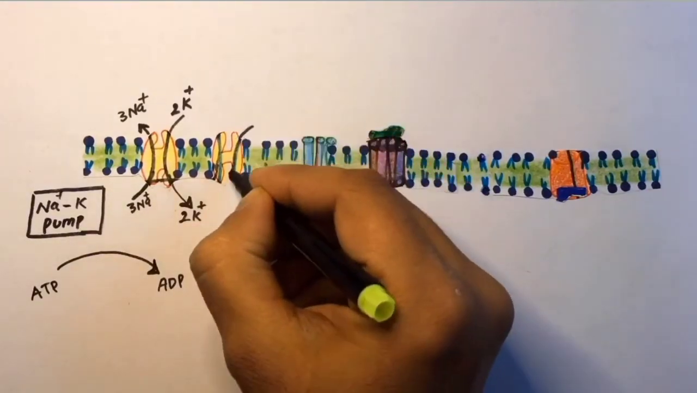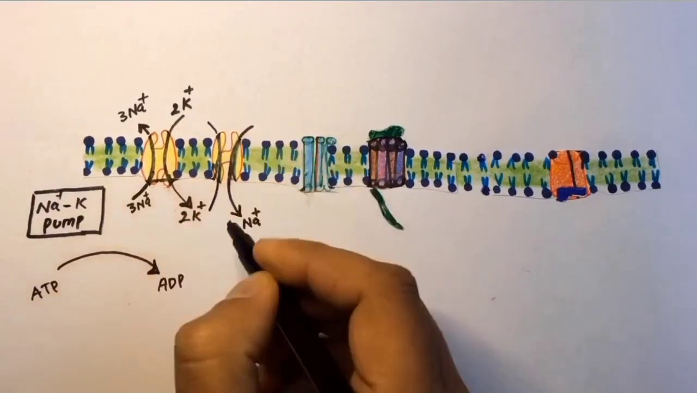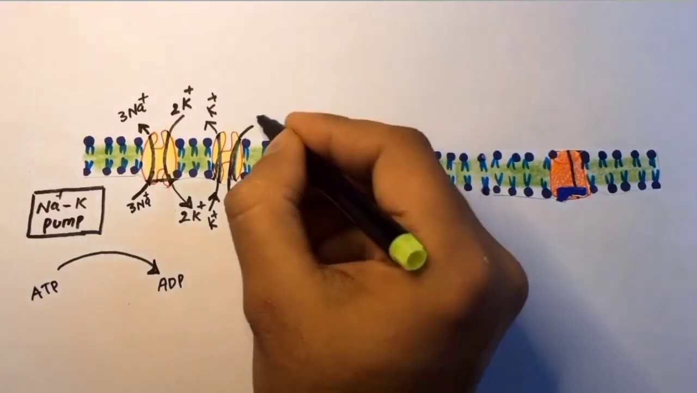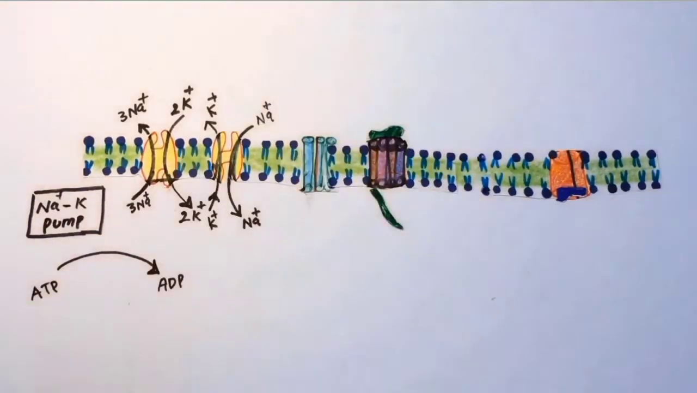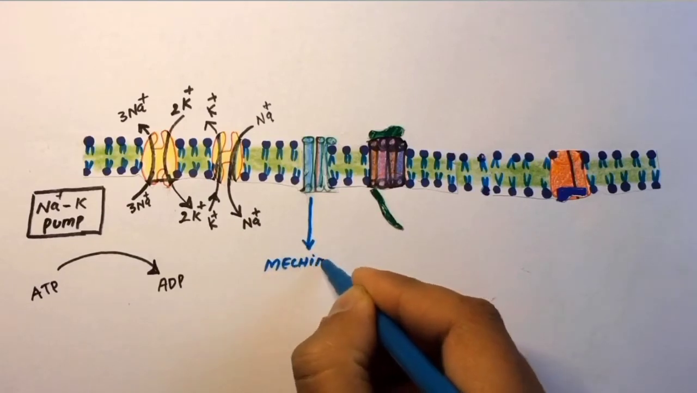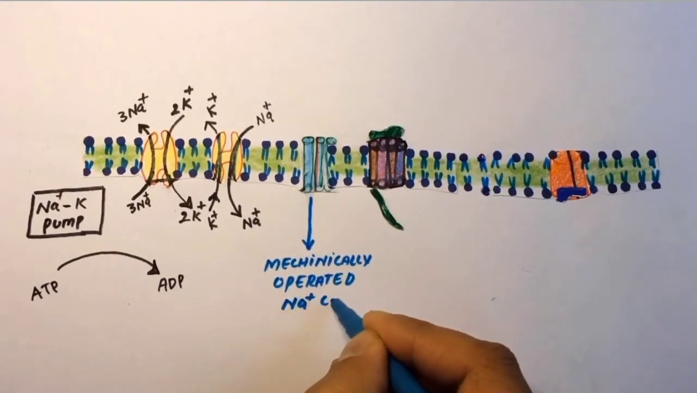A channel protein in the nerve membrane through which potassium and sodium can leak is called a potassium-sodium leaky channel. On average, the channels are more permeable to potassium than to sodium. Another type of protein channel is the mechanically operated sodium channel, which is very sensitive to touch and hence